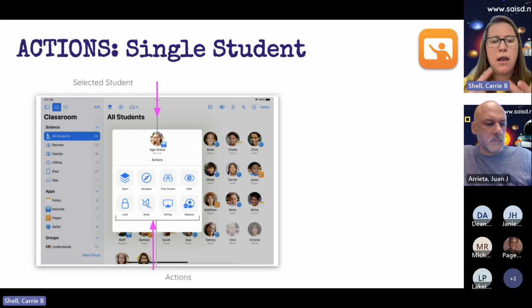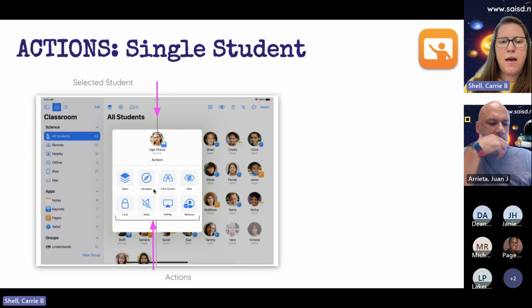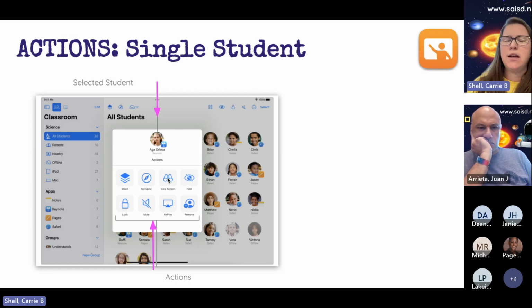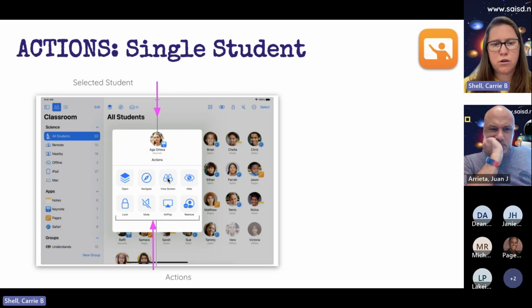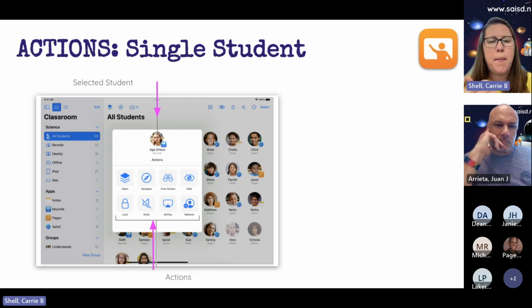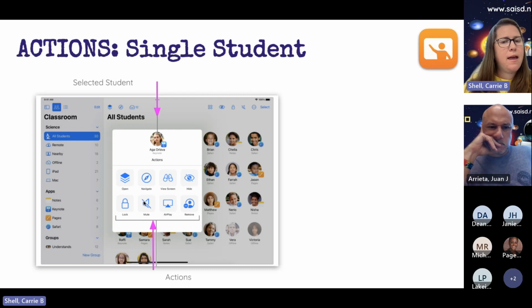I see my student and I see the actions. Notice some of the actions are the same. So this open icon, the navigate icon, those are the same. Hide, lock, right? This one, view screen, that means if I touch that student's screen, I can see exactly what they're doing, okay? Mute,